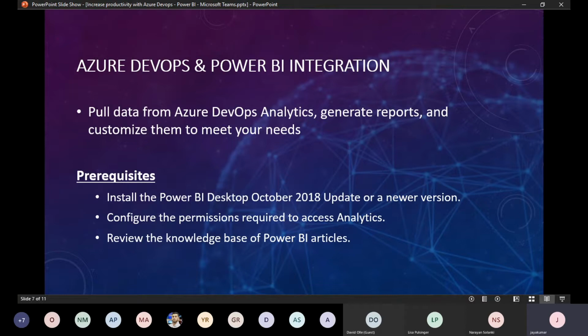And we need to have the required permissions to access the analytics services for another system called Power BI. Since that deals with your project related data, you need to have at least view permission on those analytics services. You need to be a project team member of that project, and you need to be aware of how you can build your reports in Power BI. There are a lot of options. It's a great tool, and you need to be aware of what Power BI options are available.